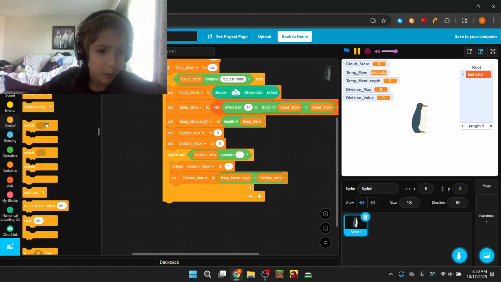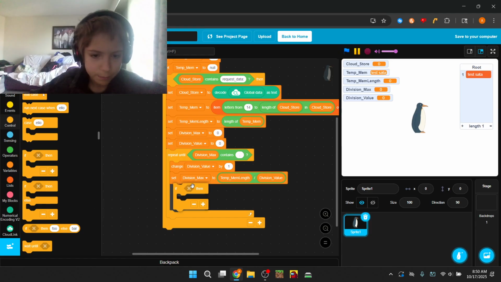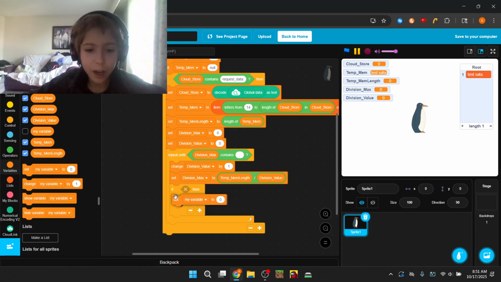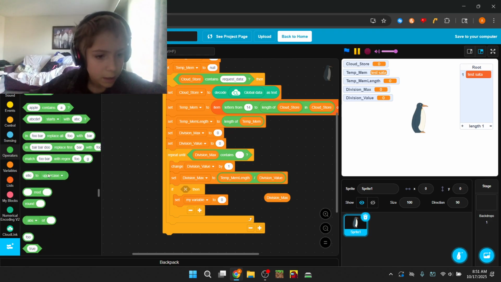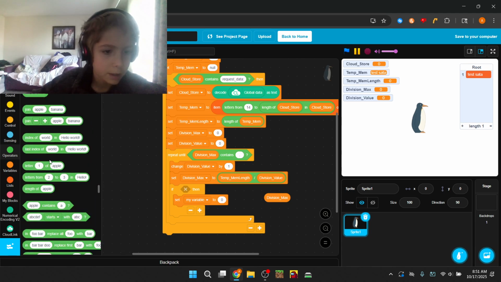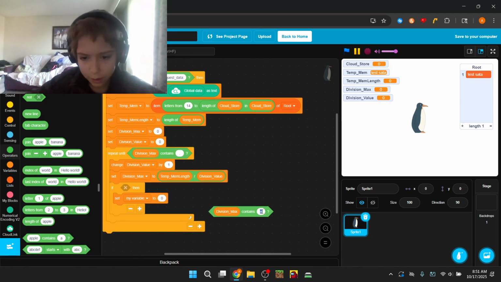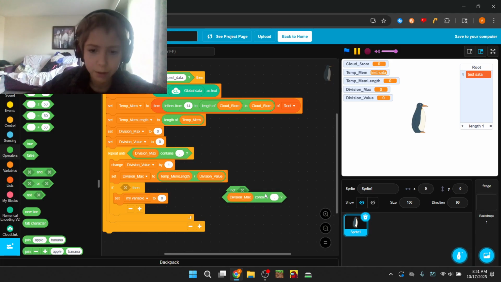And then we grab if, so then we okay. So if division max does not contain a period, decimal,